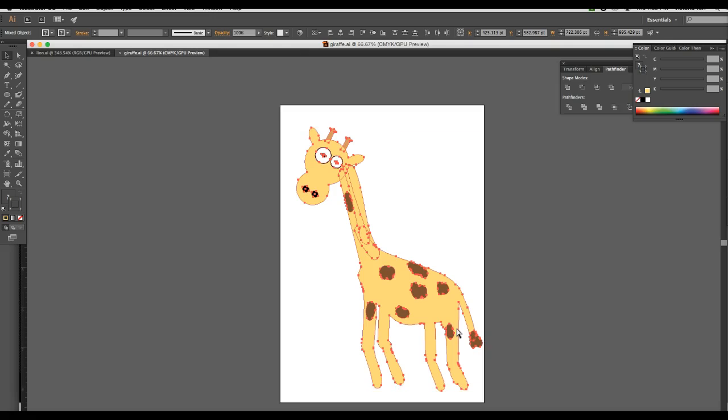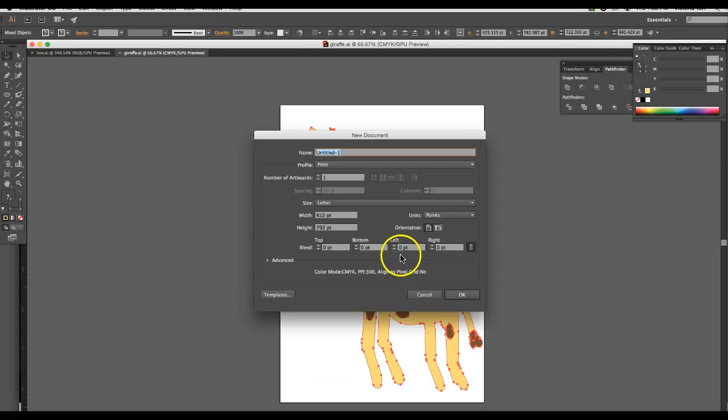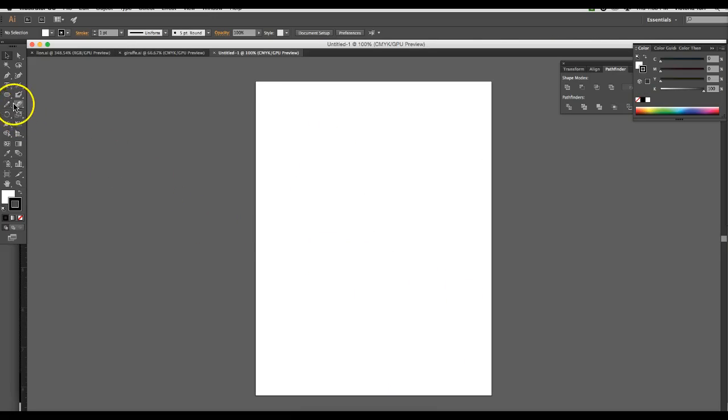And then I'm going to make another file, new, Command N, say OK, and I would probably use your Kuler palette for this as a guide. But let's say I can also take the pencil tool. There's a pencil tool somewhere in Illustrator. Here it is, pencil tool. And I can draw a leaf, right? And I can fill my leaf with green